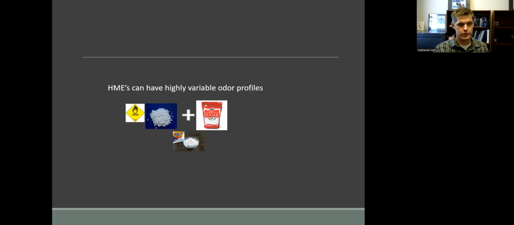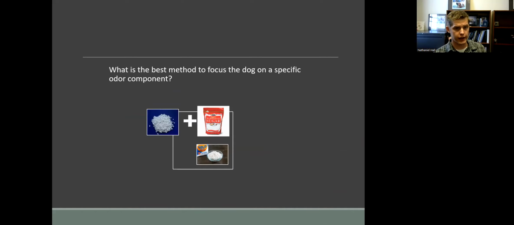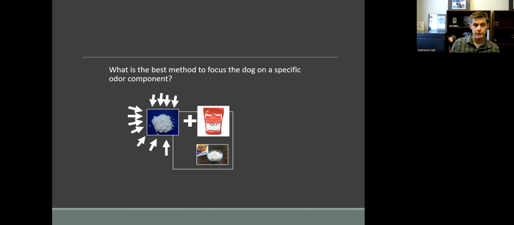So bringing this into homemade explosives, we know that something like ammonium nitrate as an oxidizer could be mixed with different fuels and be a potentially dangerous situation. But if you take out just the one ingredient of ammonium nitrate, you have a potentially delicious situation. So our question is, in this case, how do we train optimally to get to what we want, where they would find this ammonium nitrate with different fuel oil targets? Is it that we train specifically to the ammonium nitrate so that the dogs have a very clear picture that the ammonium nitrate is what I want you to find, and then let them figure out what ammonium nitrate smells like in those different kinds of mixtures?